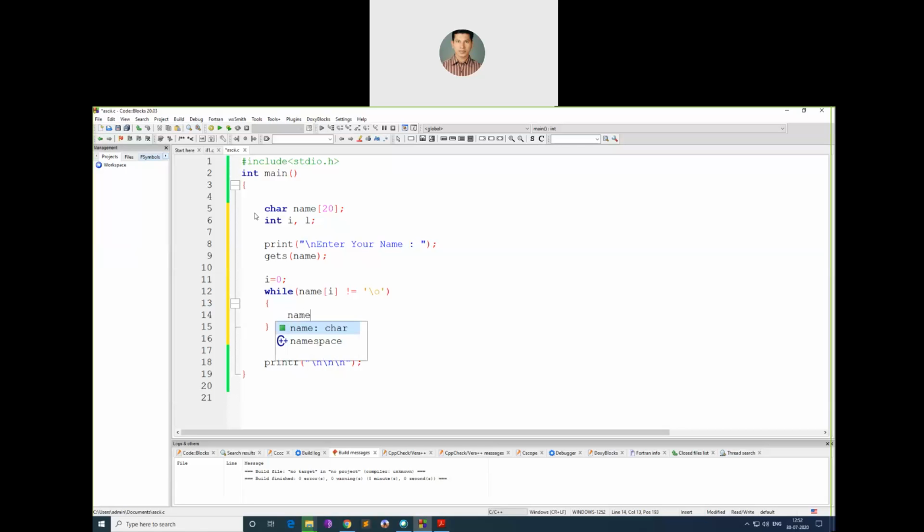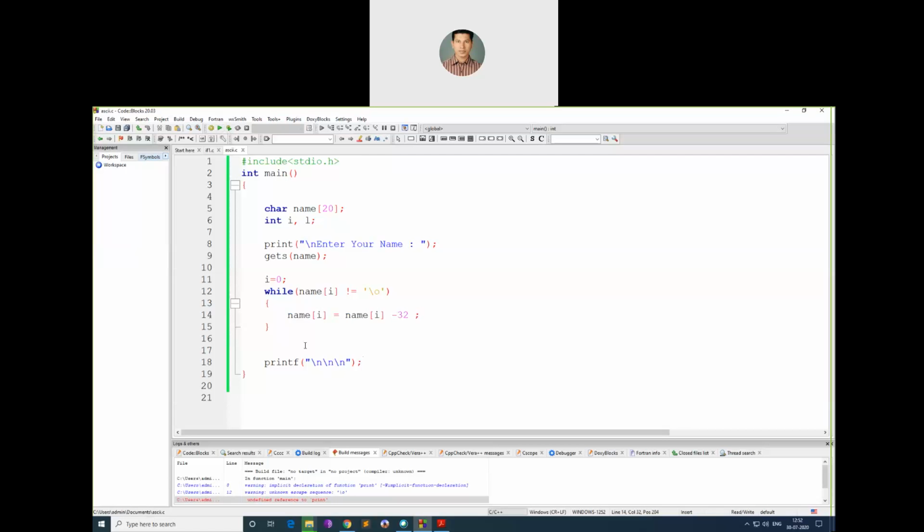Name of i equal to name of i plus how much? Uppercase minus, it is now, minus 32. So this will convert my name from lowercase to uppercase.